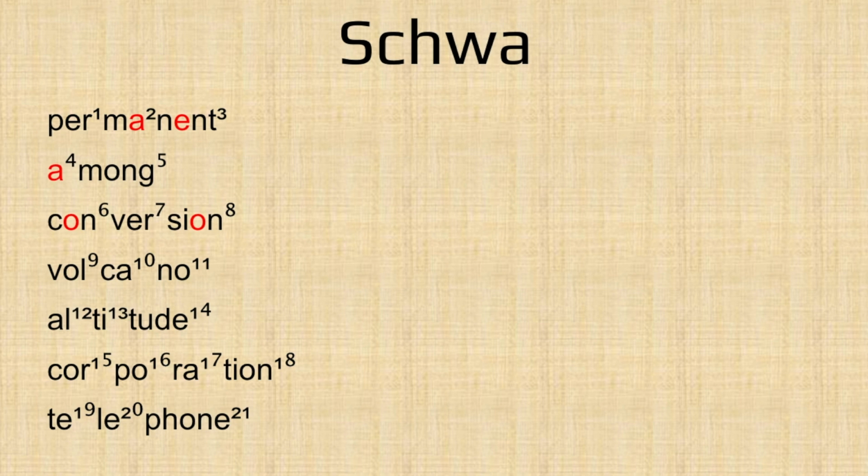Volcano, there are no schwas, and this often happens with words of foreign origin, particularly Southern European origin, like volcano. With altitude, it's the t before the tude, which becomes the schwa. Corporation, like in conversion, you've got that shun ending having a schwa, but this time as well the p. We don't say corporation. And in telephone, usually that prefix tele is pronounced tele when you have a three-syllable word,